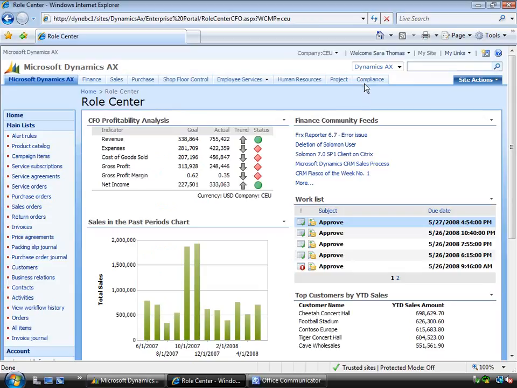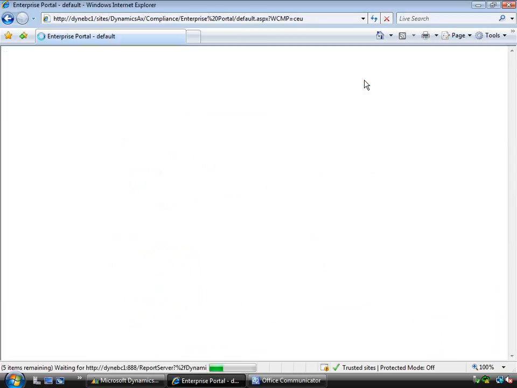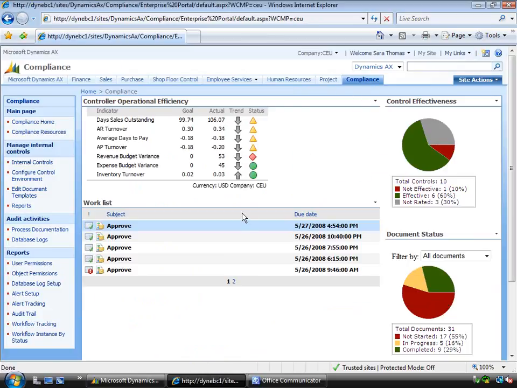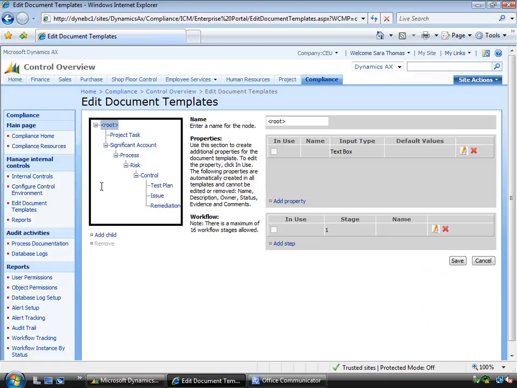I'm logged on here as Sarah, the CFO, and I can go into my Compliance Center. We are introducing the Compliance Center, which is a SharePoint application that enables the tracking of process documentation. From here I can configure my internal control environment, and I can edit my document templates. My templates, you can see here the process, the risks, the control I put in place, and how I test